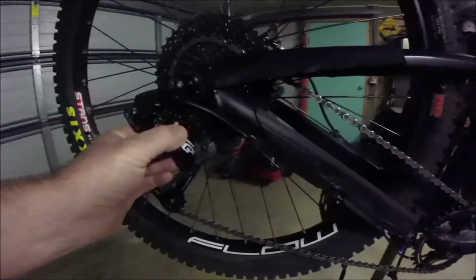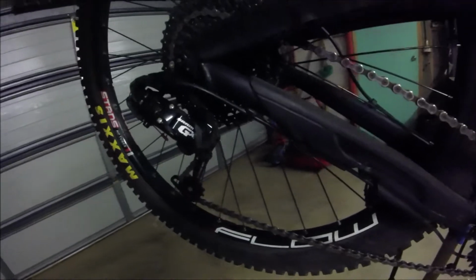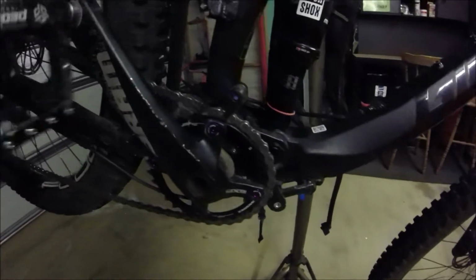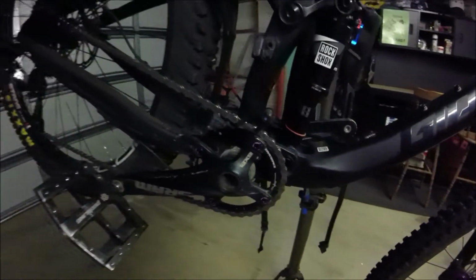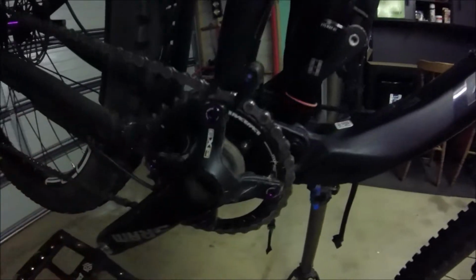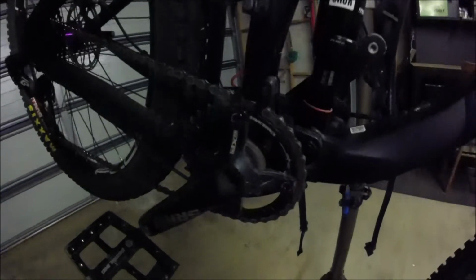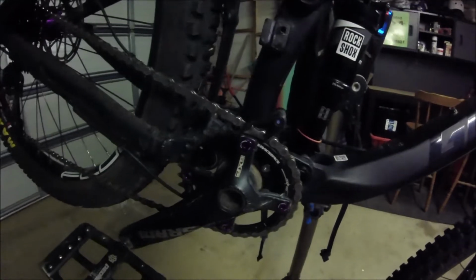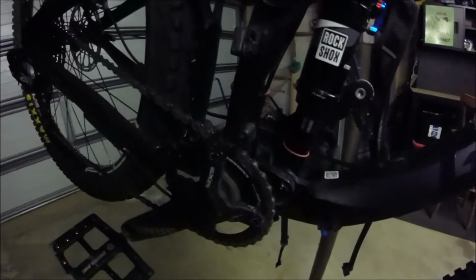So what I've got here is my derailleur. It's actually brand new because I smashed my old one. It's a SRAM GX 10-speed, long cage, and I've got the GX shifter as well. It runs onto a Race Face 32 tooth narrow wide. I did have a 32 tooth oval ring, with the purple pretty bits on it, the chainring bolts. I wore that out pretty quick, so I thought I'd go back to